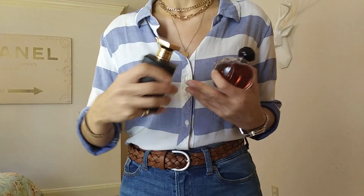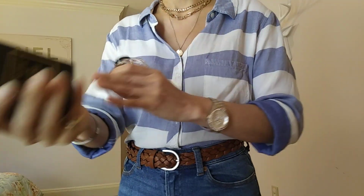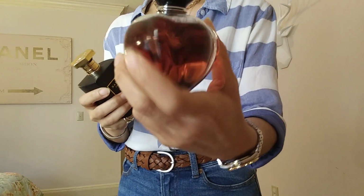And this does sit close. It lasts very long. Like when I sprayed at night to test it out, I'll wake up in the morning and I'll still catch gentle wafts of myself in the morning. So I would recommend